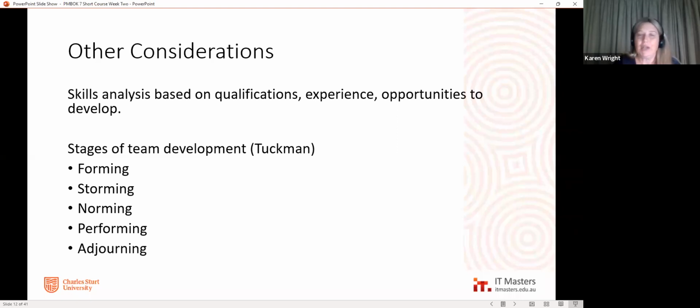And so this is very relevant to project management because we do have that definite beginning and that definite end with our project work. And Tuckman talks about forming, which is the first stage of a project, the ice-breaking kind of stage where people are coming together, they don't really know each other, and they're just sort of getting their feet wet. Storming, where people are starting to get to know each other and they're starting to put their opinions forward, and that causes a little bit of conflict